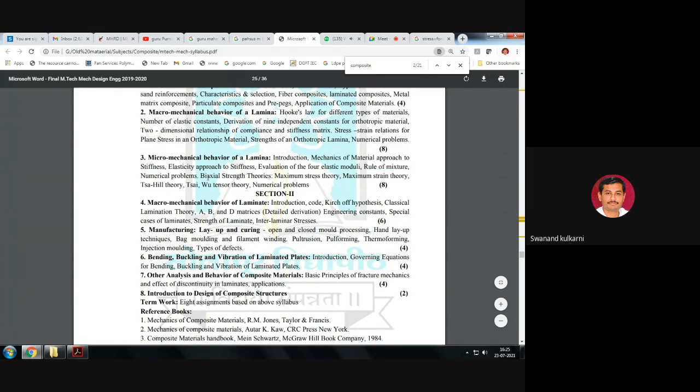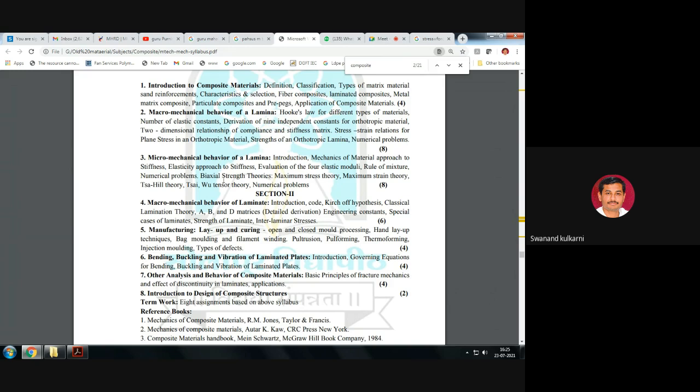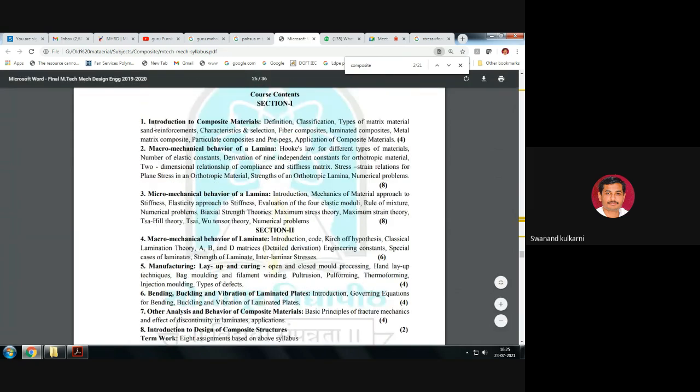And then we are coming to the last part of this chapter number 3, and that last part is related with the failure theories. Is it okay? So strength, biaxial strength theories, maximum stress theory, maximum strain theory, Tsai-Hill theory, Tsai-Wu tensor theory. So this part we are going to finish with this lecture,